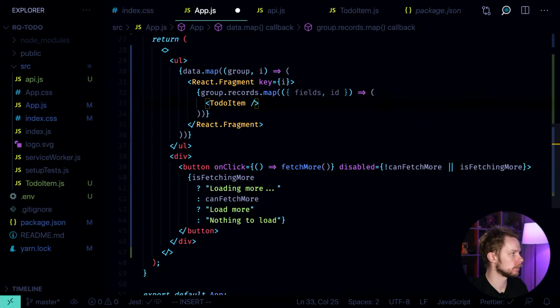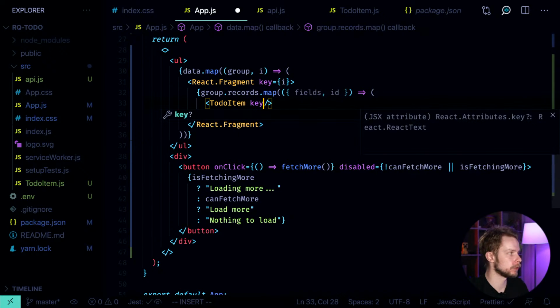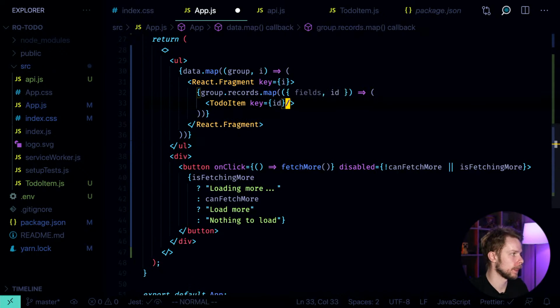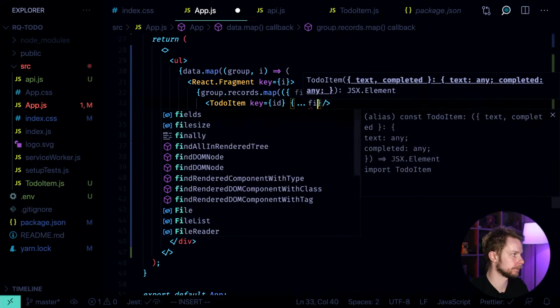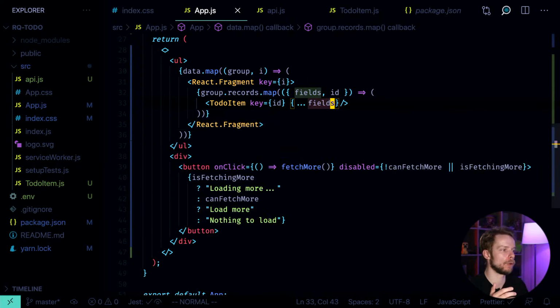So here, I'm going to use the ID as a key, and then, being very lazy, I'm going to do the following. As I know that fields contain everything that I need to show, like text and completed, I will just destructure them and spread all of them as props. That should be it. If I open the app now,